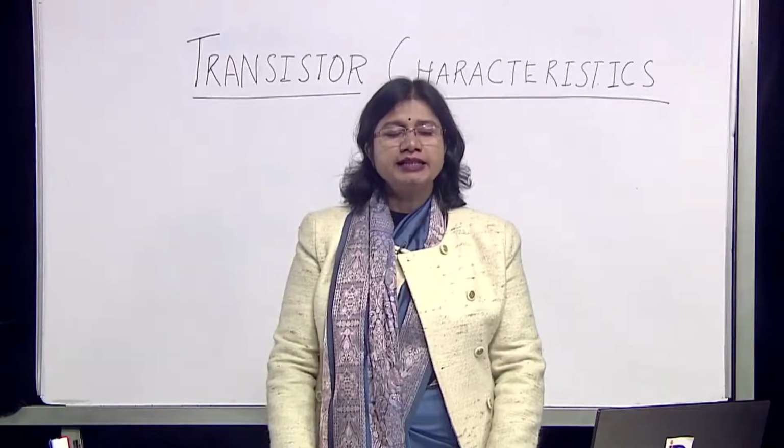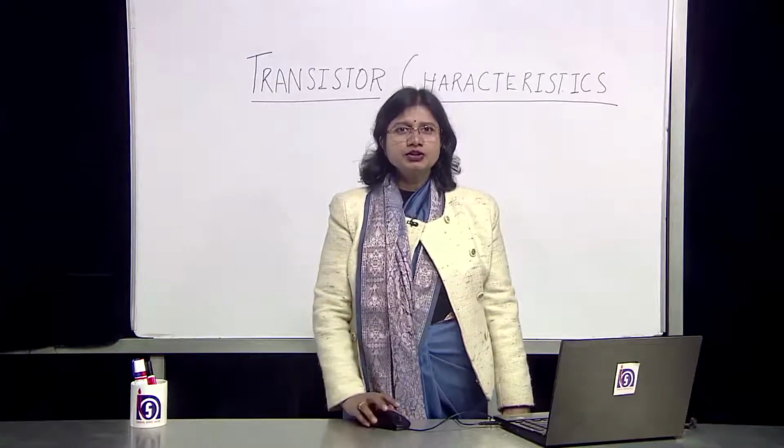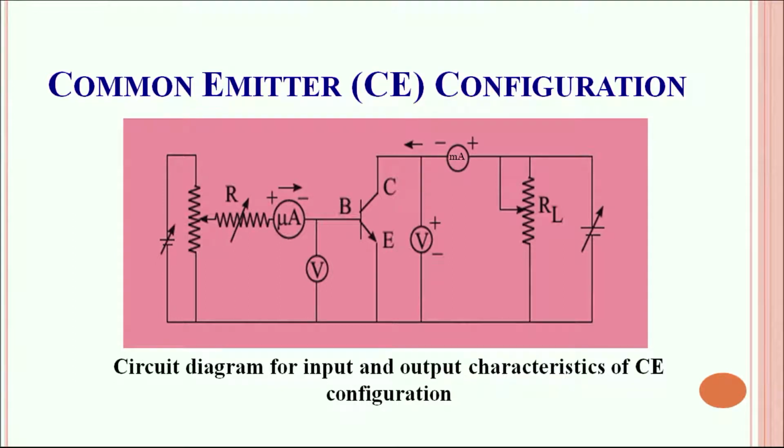Let's understand the circuit working. The circuit for the common emitter configuration is shown here. Looking at the circuit, what we realize is the base emitter junction is forward biased via this forward bias battery. This is a variable resistor which can be varied so that the amount of current flowing through the circuit is controlled. Next to this is the output circuit, which is the collector emitter circuit. The collector emitter circuit is reversed biased.